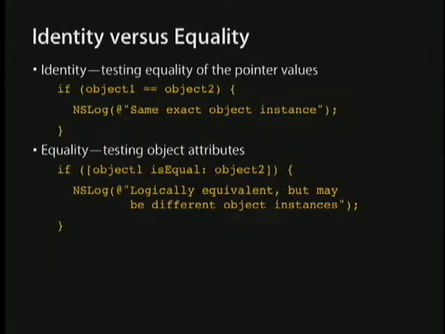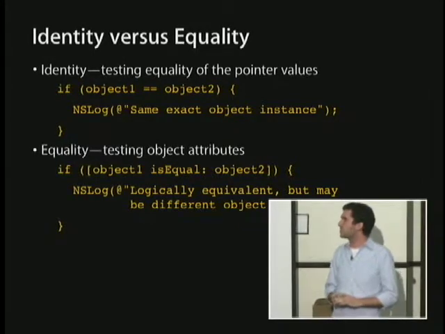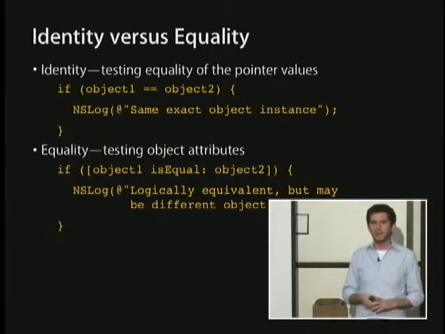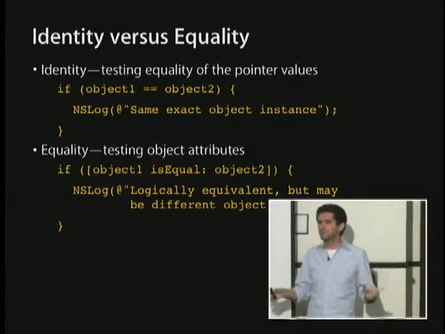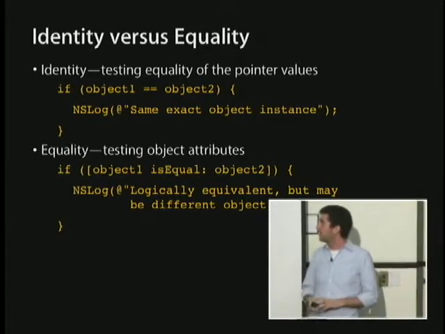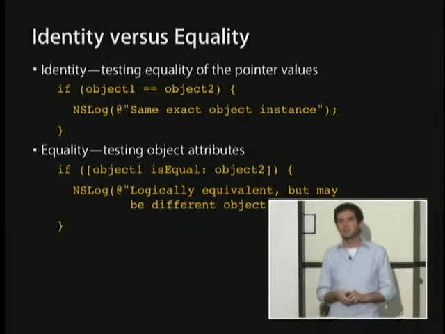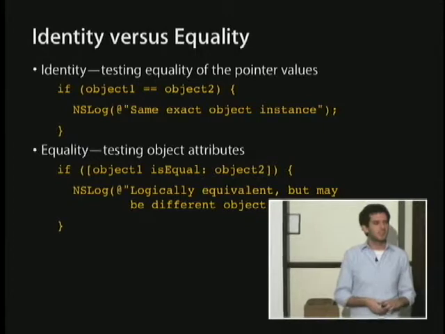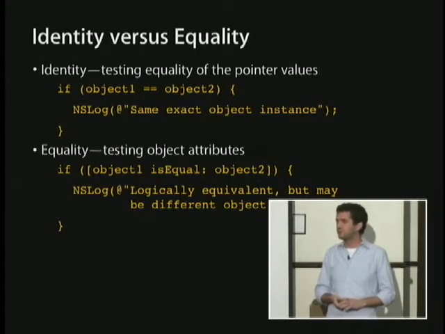And that may be what you want sometimes, but you may also want to be a little bit less strict about that and test more generically for equality. If you had two string objects that were actually separate instances but contained the same exact string, you could call is equal on them, and it would return yes if they were the same string. There's actually some special cases for NSString that let you do different comparisons based on case sensitivity and some other things, but it also implements is equal, because is equal is defined on NSObject.